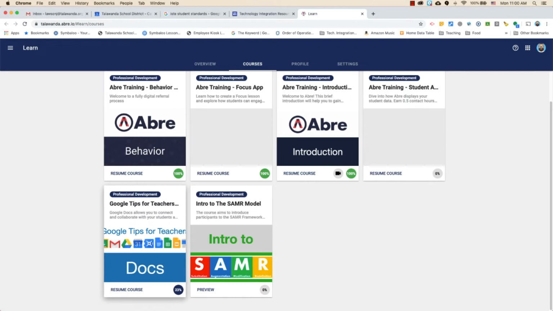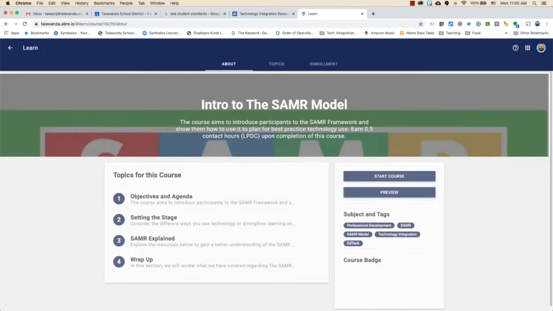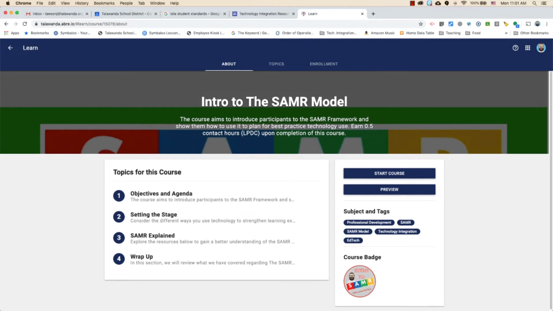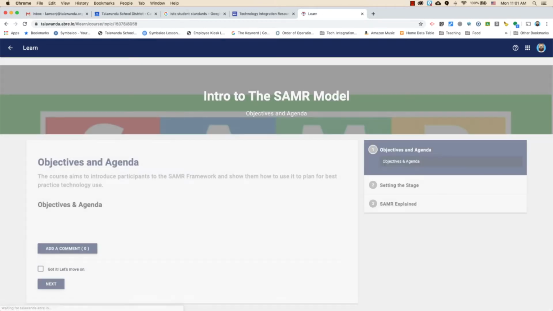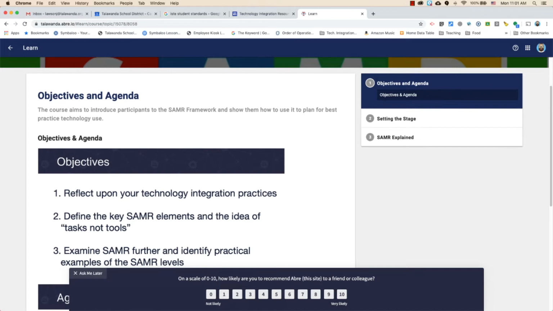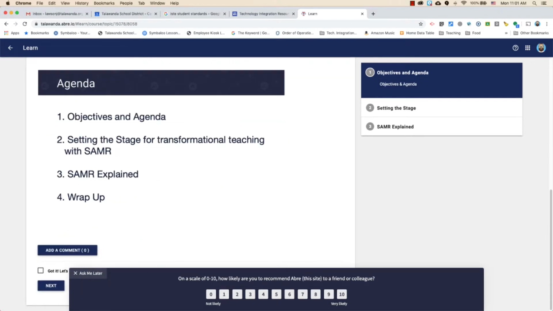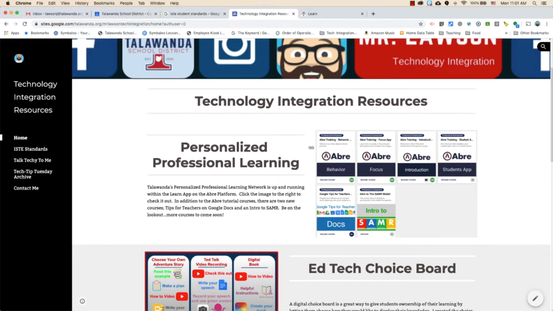There's one here that provides tips and tricks for teachers and students to use Google Docs. The other course is an introduction to the SAMR model. The SAMR model is a tool to help educators analyze their technology use to discover how effective it is at supporting learning. This is a course I highly recommend to all teachers K-12 because it will provide us with a common language to help us be more purposeful with our integration of technology so that we can provide more valuable